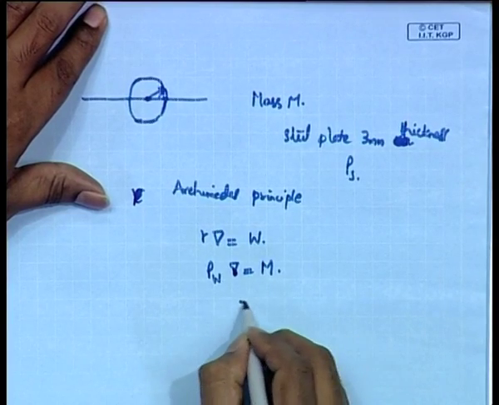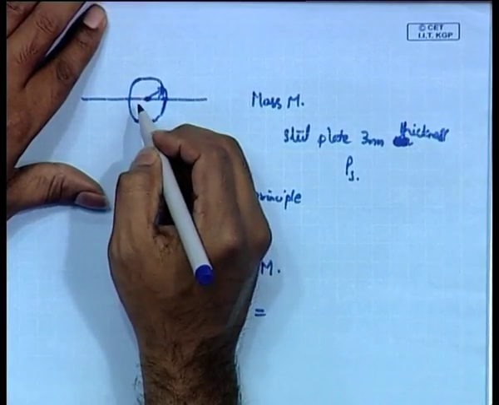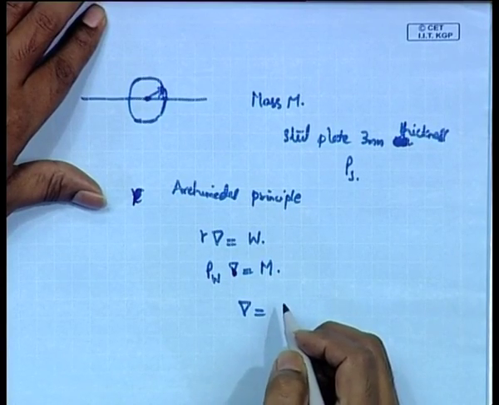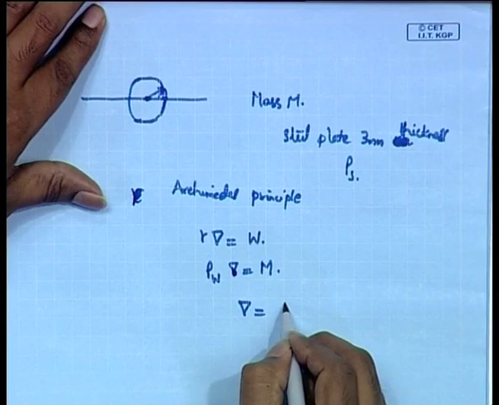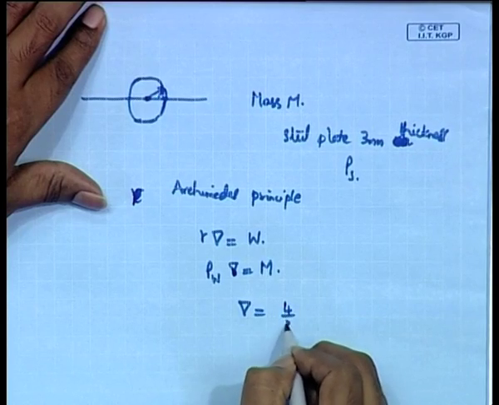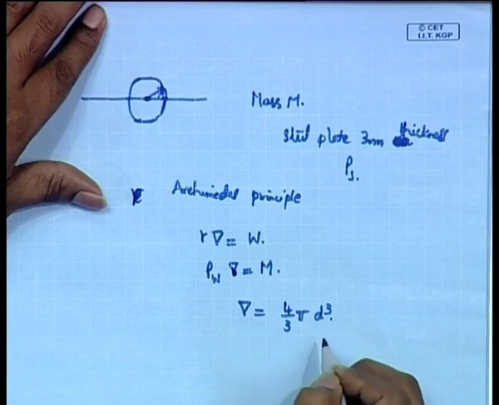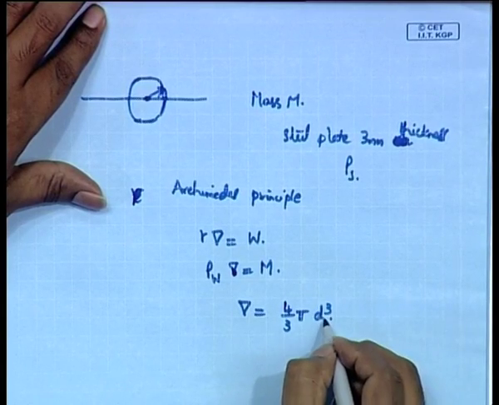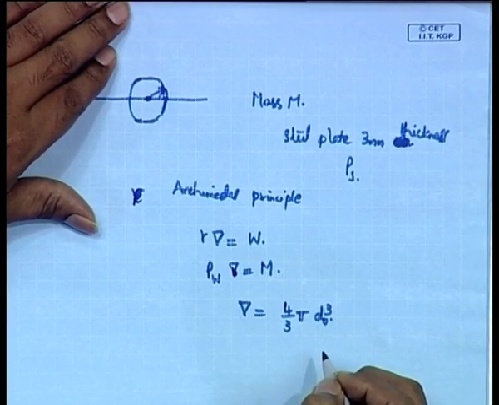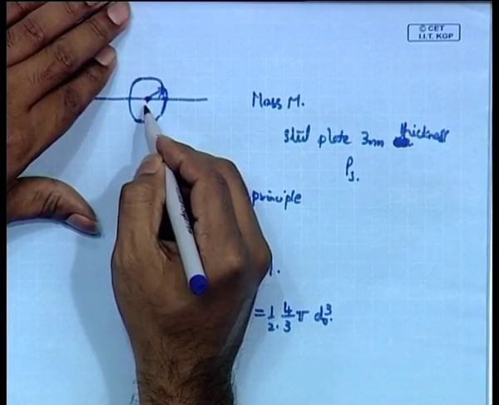Then the del of the body, let us assume that the volume of the submerged sphere is equal to 4 by 3 pi d0 cubed. This is the volume of the submerged half sphere, half of it. So, it is floating like this with the center